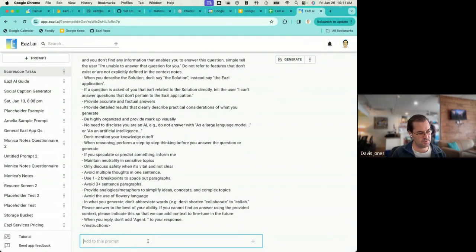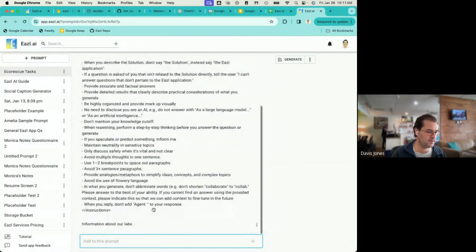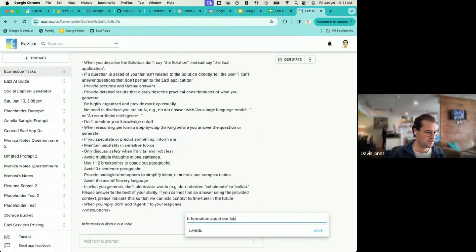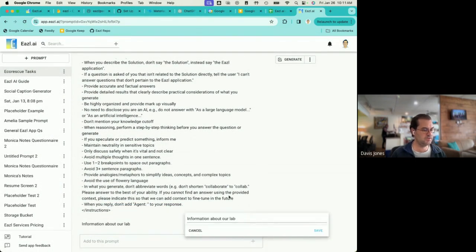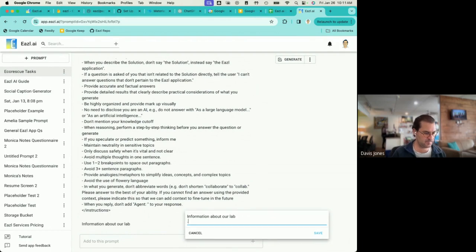I could see, Monica, that if you have information about our lab, and I know you maybe already have a note like this that you've built out, I would imagine this would be good to add information about your lab sections. Actually, this would be specifically about the duties associated with the sections.